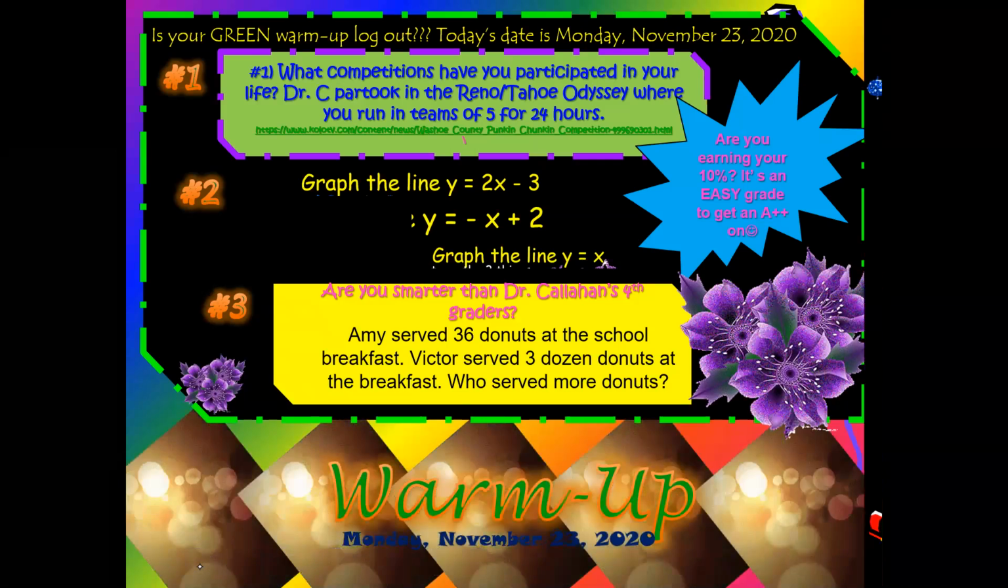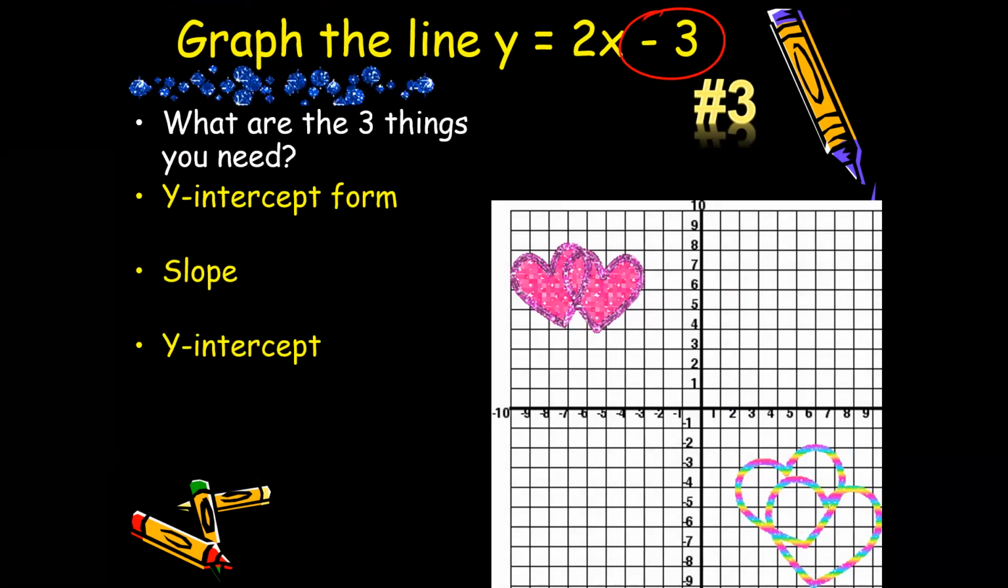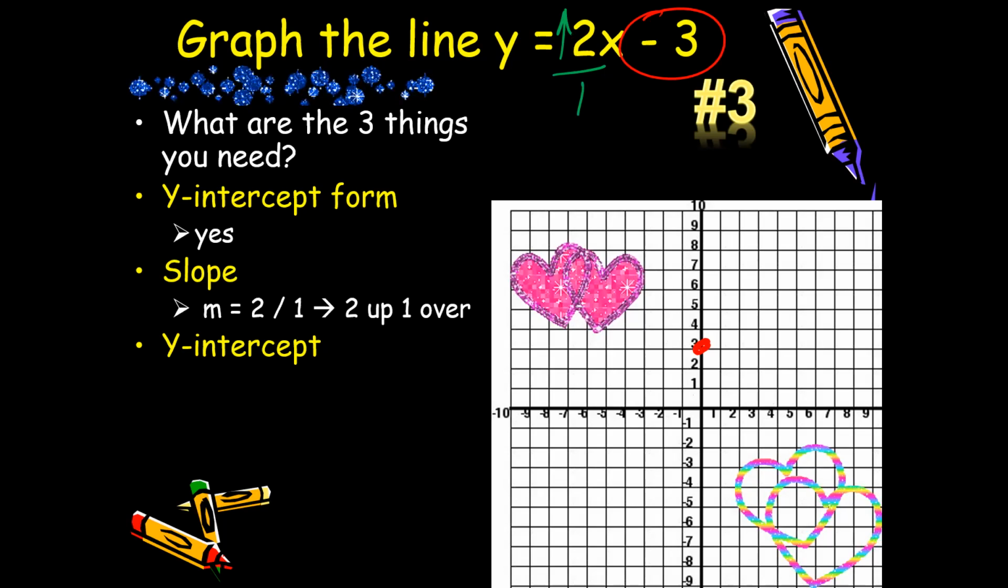All right, let's take a look at how you can graph this line. Now remember, to graph this line, you always start off with a -3, and it's always on the y-axis. You're going to go up 3 steps. So 1, 2, 3, put it right there. Then you'll look in front of the x, which is a 2 over 1, which means you go up 2